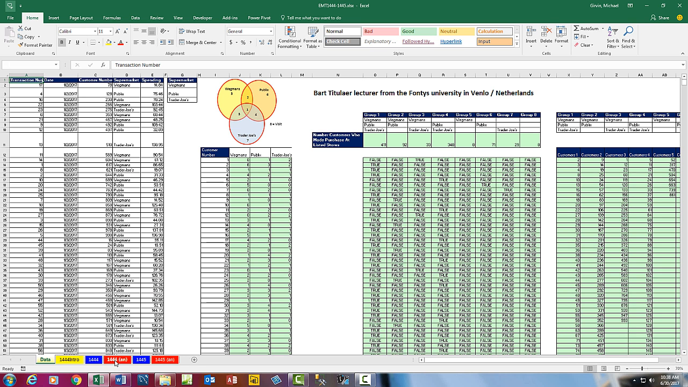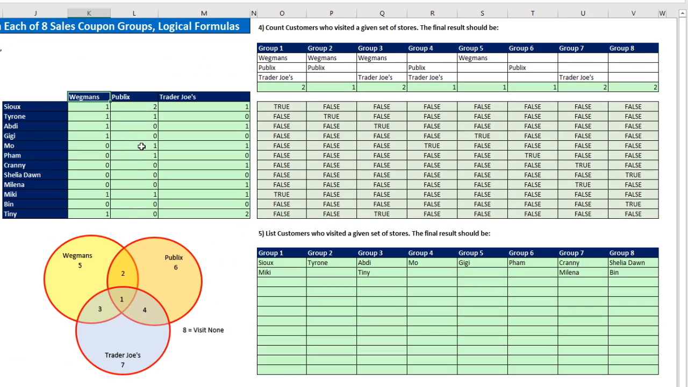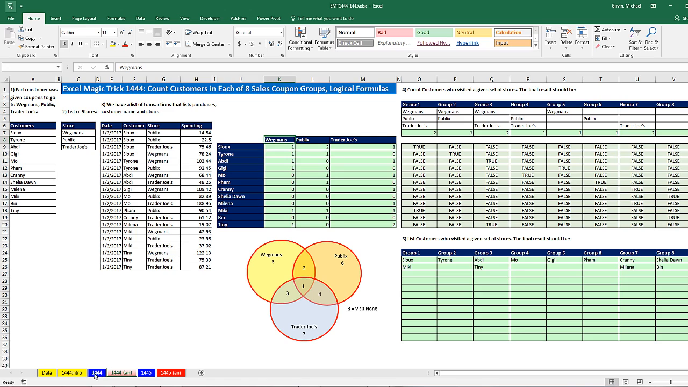Now I want to go over to the answer sheet here. And we're first going to have to count each intersecting possibility. Hey, how many times did Mo go to Public? We can see 1. Then we're going to have 8 different groups, 8 different possibilities of coupon redemptions, including the last group where the customer did not go to any of the stores. And we're going to have a different logical test for each one of those based on these counts over here. Then we'll count, and then we will extract the names. That's what we're going to do in this video. Now let's go over to the sheet